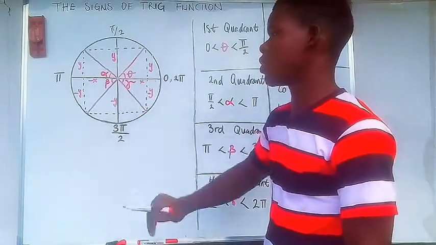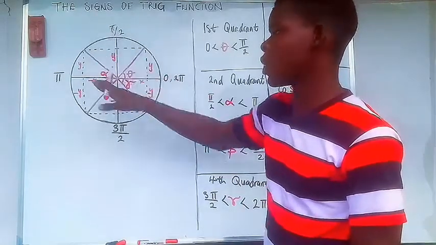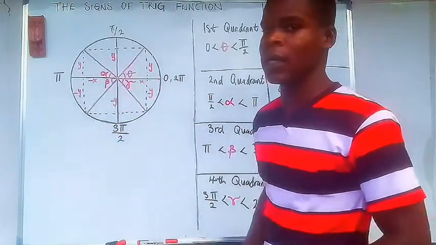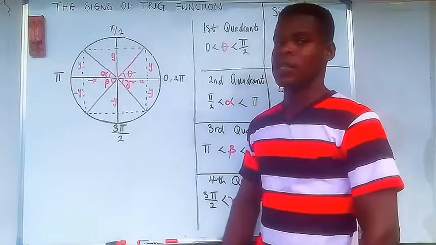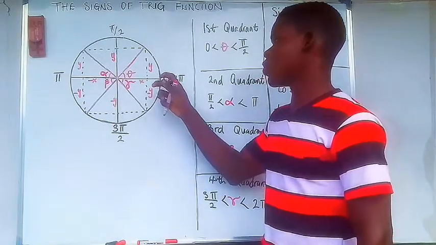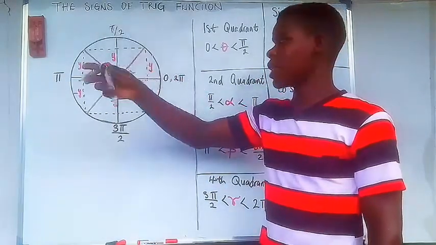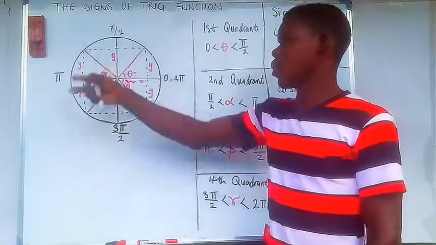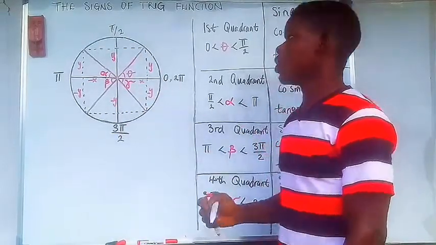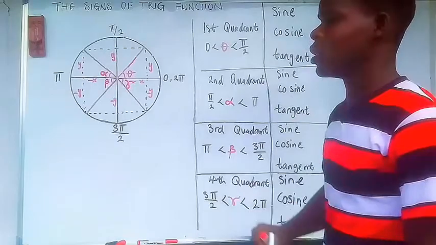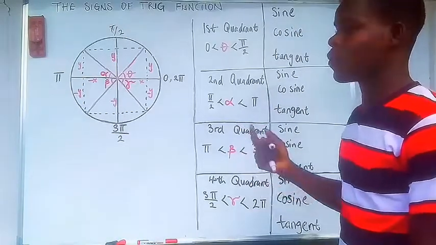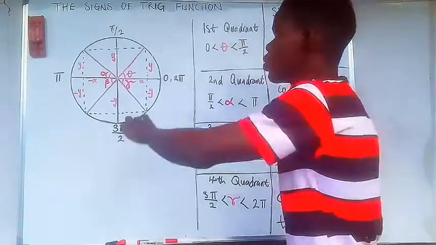Now each of the quadrants, or each of the segments, 1, 2, 3, 4, with the black marker has 90 degrees. So we have here to be from 0 to pi by 2, which is 90 degrees, and others as you've seen like this. So you want to use this to determine the sine function, cosine function, tangent function for each of these